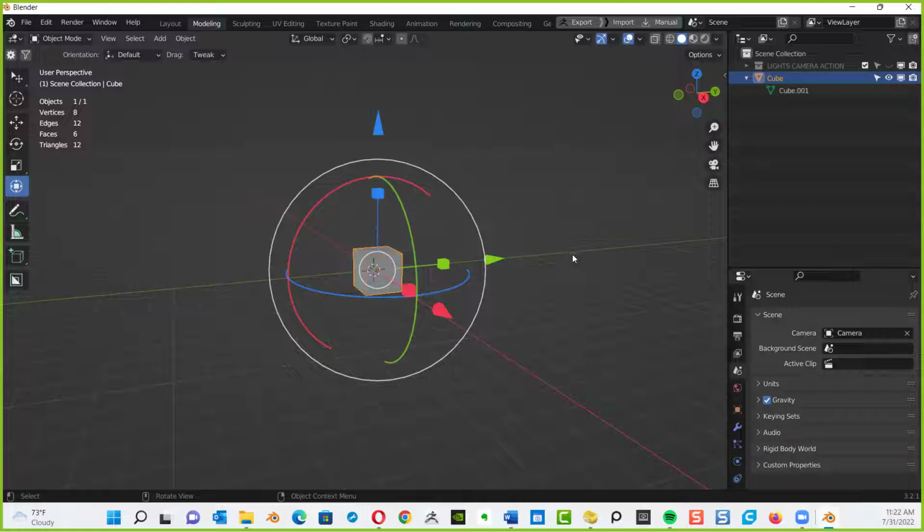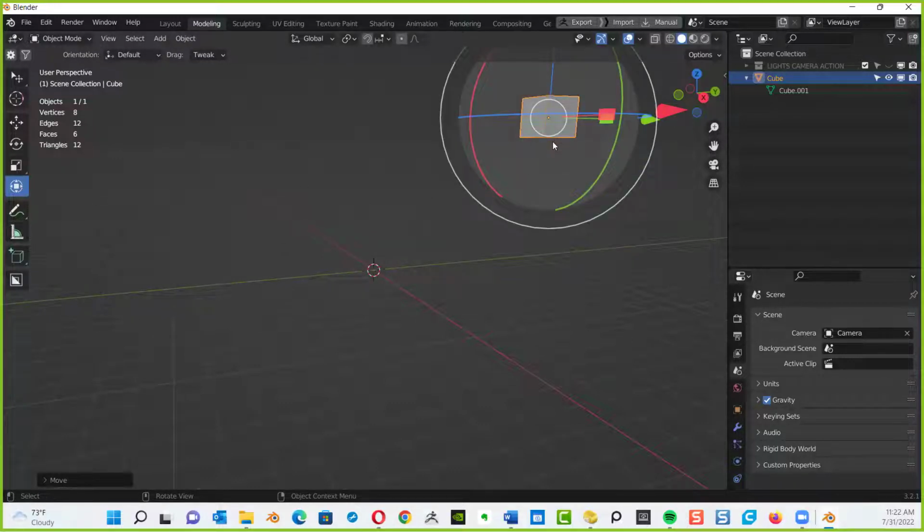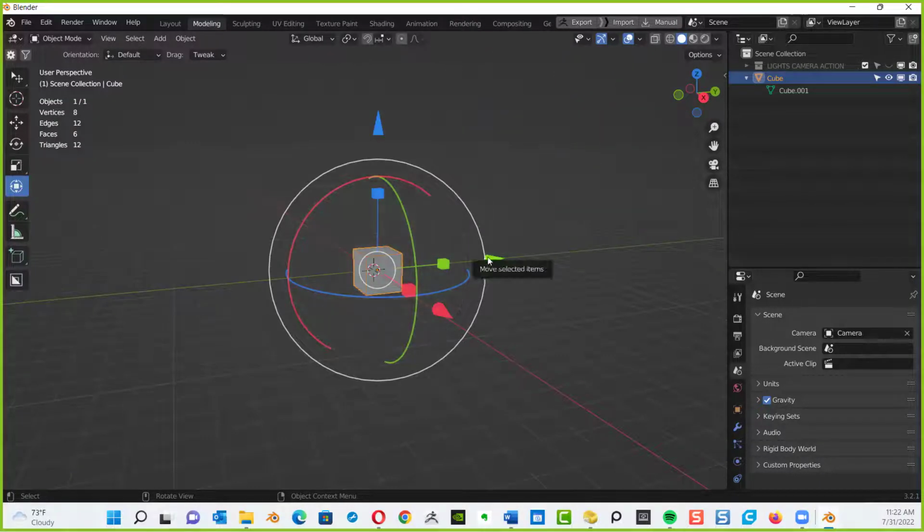Now, the shortcut for move is G for go. So watch this. I want you to watch me first, and I'm going to let you guys play with this. Now, this is something I did not teach in the one-day class. If I hit the G key, it means go. That means it attaches itself to my cursor. And if I left click, it'll leave it where I left click. I'm going to hit Control Z for undo.